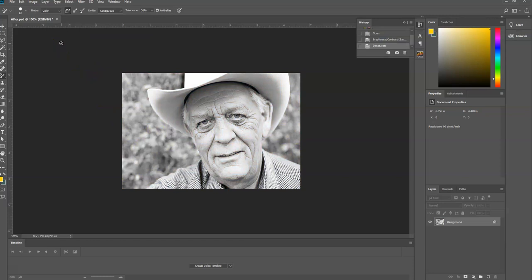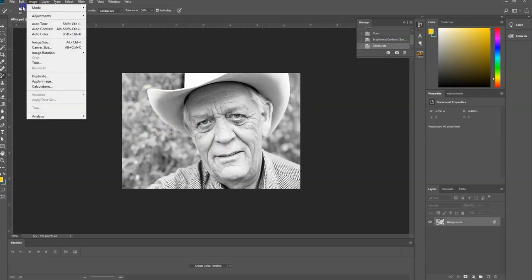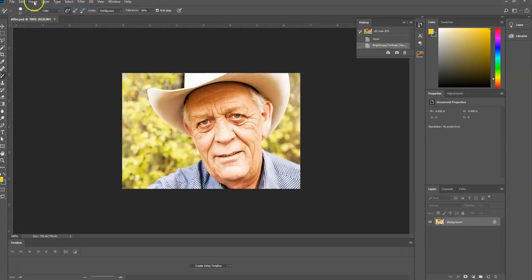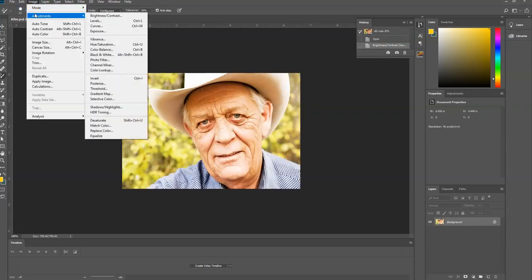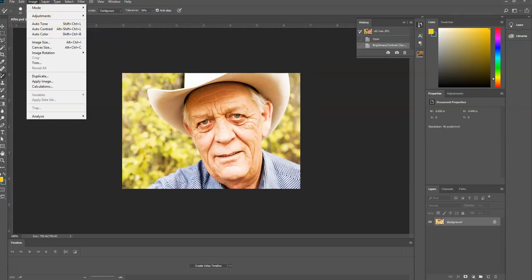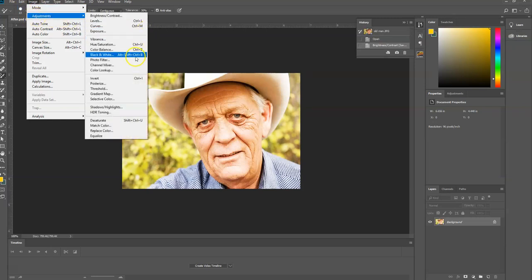Desaturating just removes hue. The difference between that and black and white is that with black and white you can adjust the levels of the lightness and darkness of colors before you turn it black, or before you commit your changes. So I'll show you that really quick. You can make for much higher contrast black and white photos if you do it that way. So if you go to Image, Adjustments, Black and White,